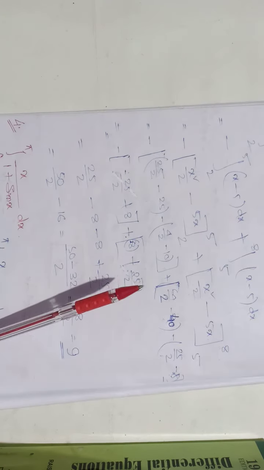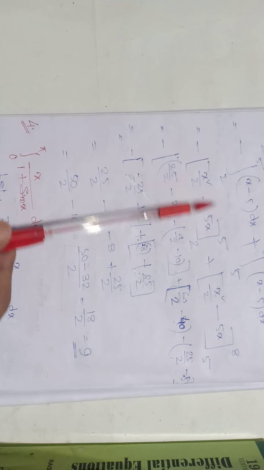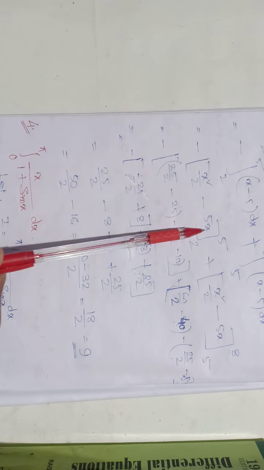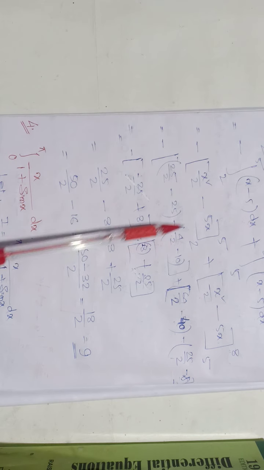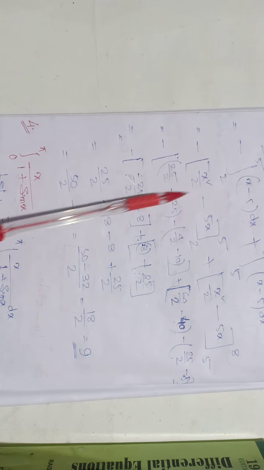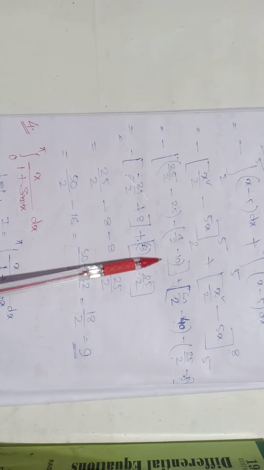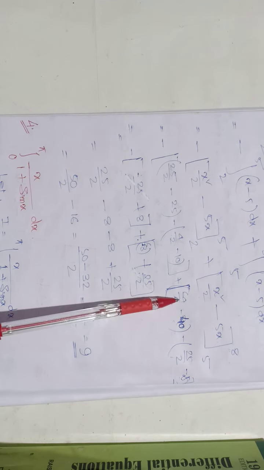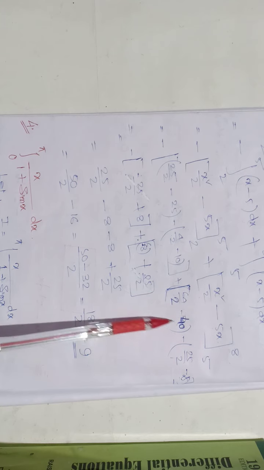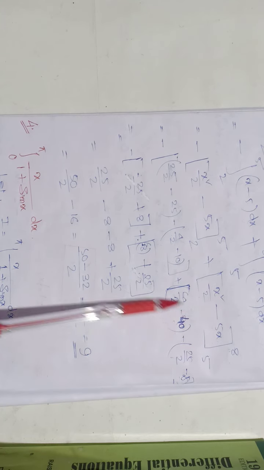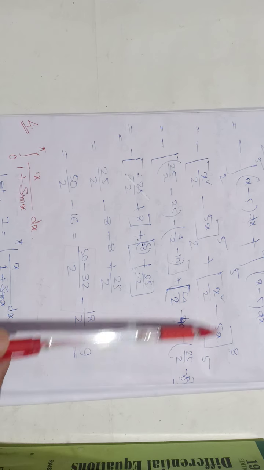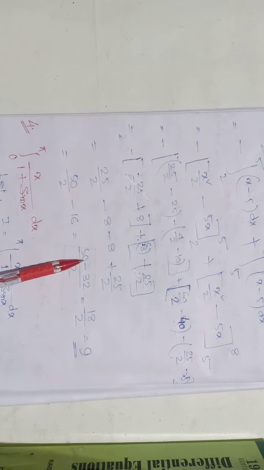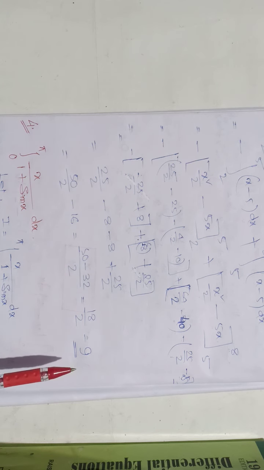Now using the limits, first we have to put 5 here. So 5 squared is 25 by 2 minus 25, in bracket with a minus, using 2: 2 squared by 2, that is 4 by 2 minus 10, plus using 8: 8 squared by 2, 64 by 2 minus 5 times 8 is 40, this bracket is closed, minus using 5: 25 by 2 minus 25. So after simplification, its value becomes 9.